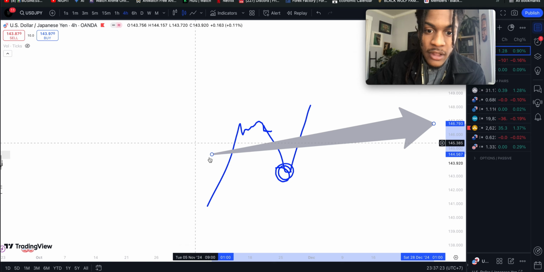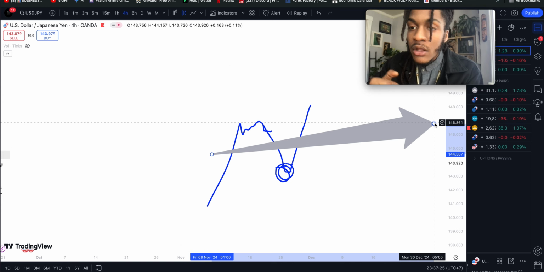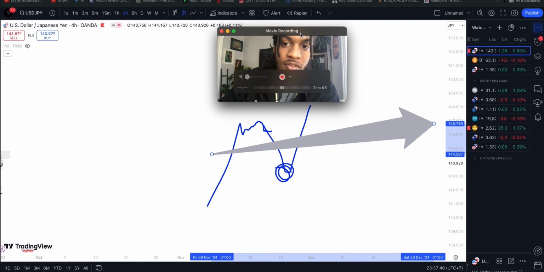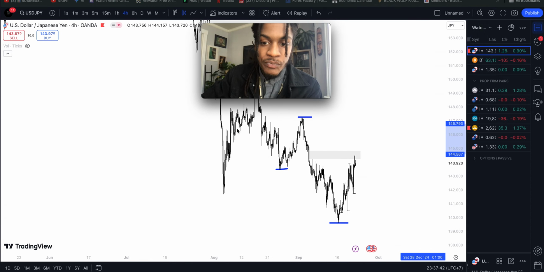Right. So that's why we want to always align this analogy with our entries, because your entries should always be at low prices no matter what strategy you're using, because that's how the markets work. Supply and demand. You buy low, sell high, but it's a matter of where you're buying low and where you're selling high. And yeah, guys, so if we go back to the chart here,